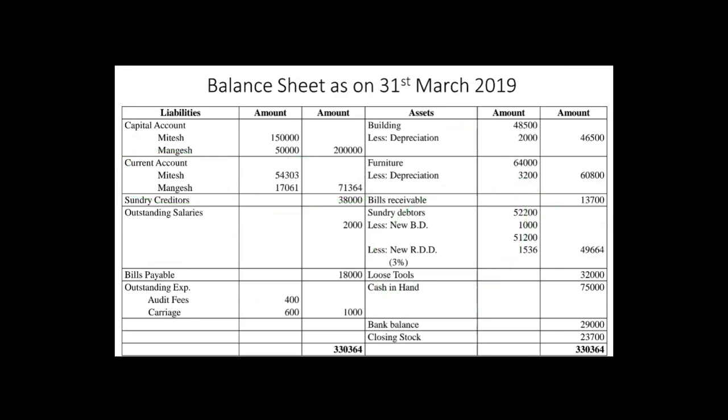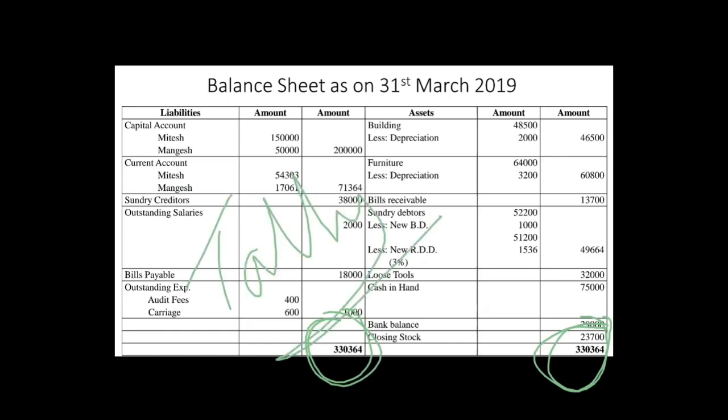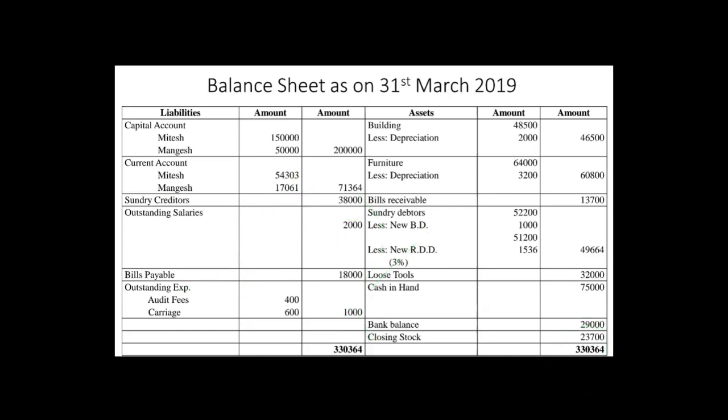So current account recorded, okay, which means we have done with all the adjustments. We have closed the trading account, we have closed the profit and loss account, we have even closed the partners capital account. Okay, now you are going to tally your balance sheet, and after tallying, if both the sides are the same, which means your problem is done and the balance sheet is tallied. So I hope this problem is clear to everyone.